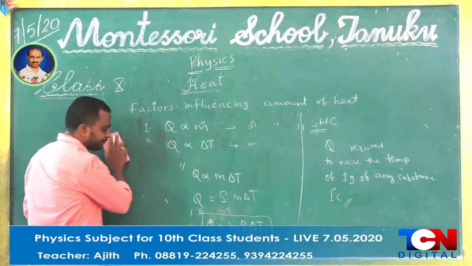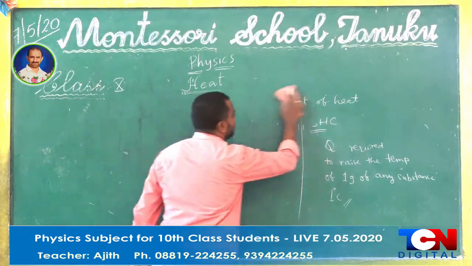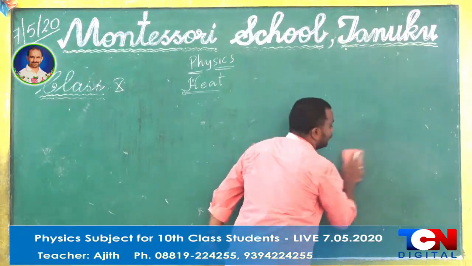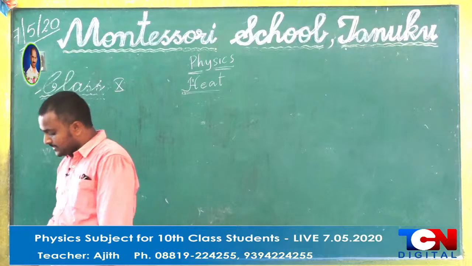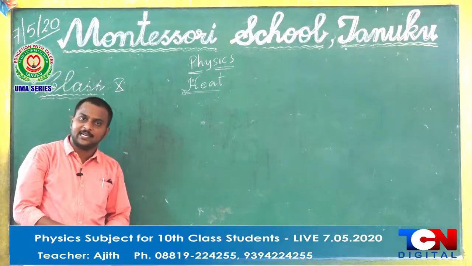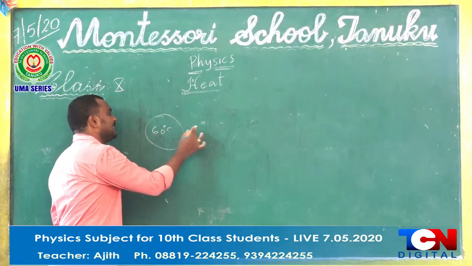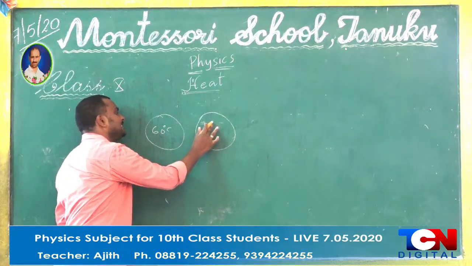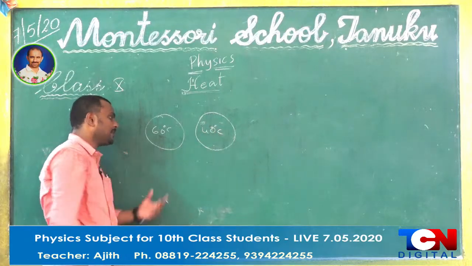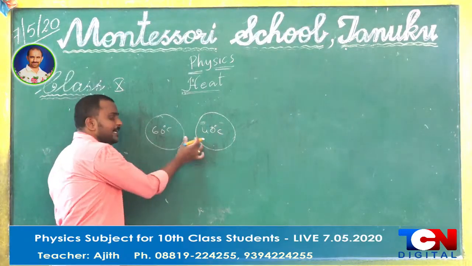And next, we are going to discuss the principle of calorimetry mixtures. According to the principle of calorimetry mixtures, the net heat lost by the hot body is equal to the net heat gained by the cold body. So when two bodies are there, one at 60 degrees Celsius and the other at 40 degrees Celsius, having the same mass,